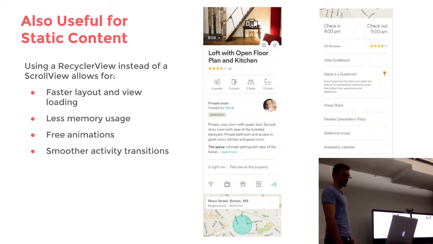We don't have to keep the bitmap in memory, for example. We're also getting animations for free. Say we click read more. We have a translate button here that's not shown in the screenshot, and we want to translate this description. We can nicely show a loader animation, because whenever we insert something into this RecyclerView, the RecyclerView will automatically expand